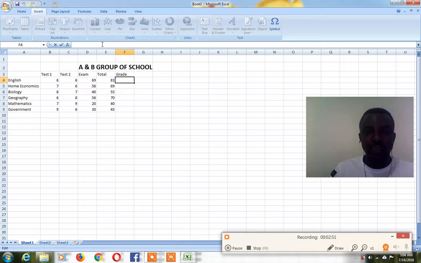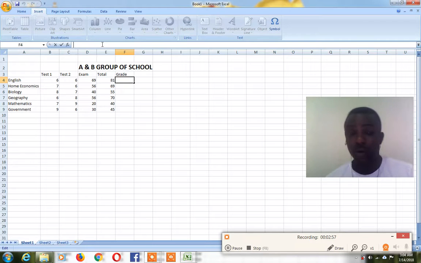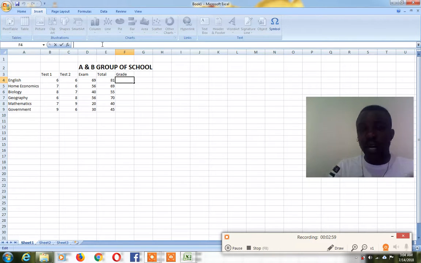Now how do we get the grade? We can't just write it there, A, B, C, D, or use our eye to calculate. Now we're going to write a simple program that will give us the grade for each student. Whether each person fails or does not fail, this program we are going to write will tell us if we are saying the truth or not. Now how do we do that?